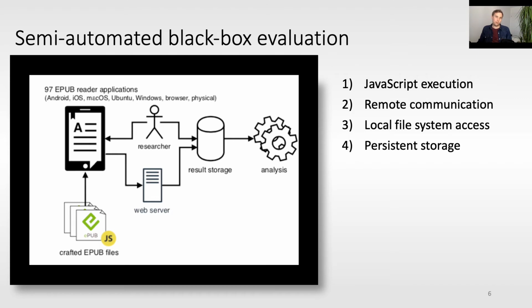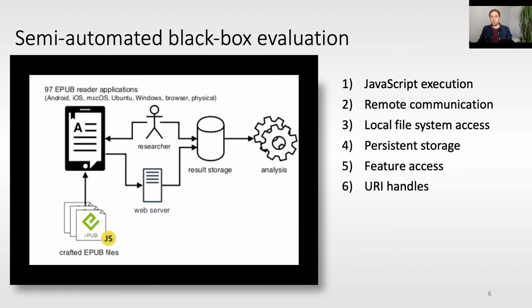We also evaluated whether the Epub can store data, leveraging inherited web engine functionalities like cookies or the local storage API, and whether this data persists between reading sessions. This could be used for tracking purposes. As you already might know, nowadays web pages can request the user for access to features like the device's microphone, webcam, or even location. In this experiment, we checked whether this functionality was inherited from the embedded web engine.